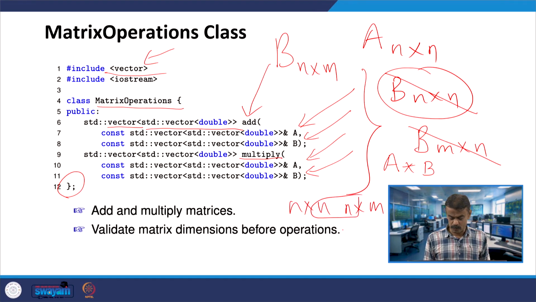So, these are the conditions. Those who do not have a mathematics background have to brush up their knowledge of matrix addition and multiplication, and you have to be very careful about the base case or the edge case.